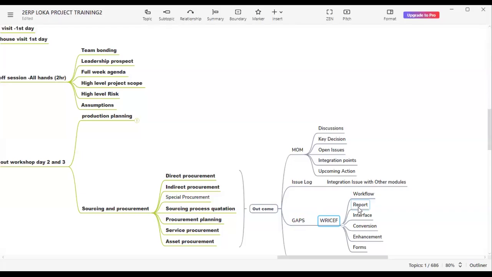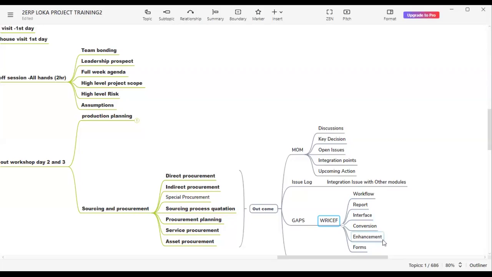Then you have the report. In SAP, you have standard reports. If business is not satisfied, if they want any other customized reports, then it is going to fall under gap. Then you have interface. We will discuss this in depth in support tickets. Interface is nothing but when you connect your SAP system with another system. Conversion is when you are migrating the data from your legacy system to the S4 system.